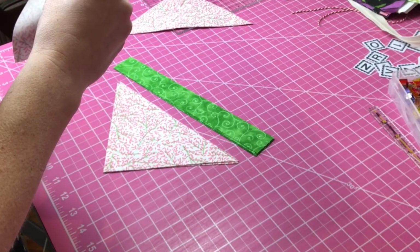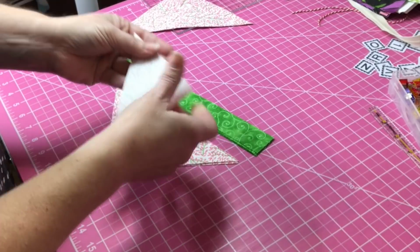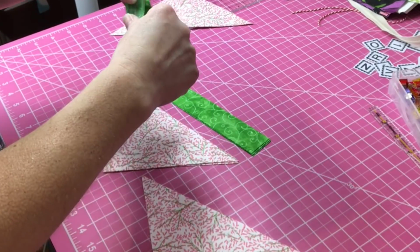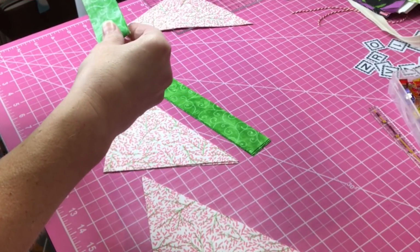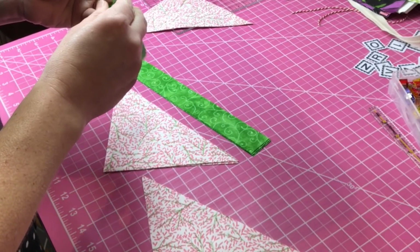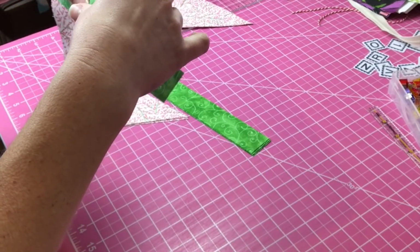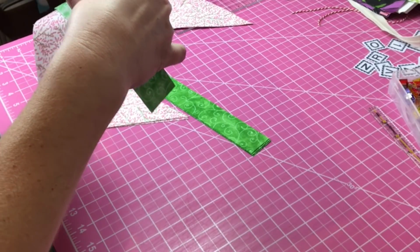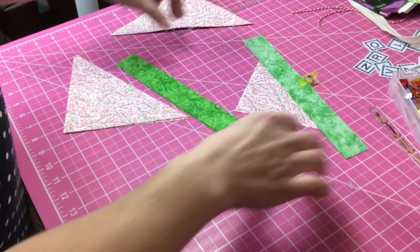we are going to lightly finger press them just so that we know where the center is. And we'll do one of the stems as well. Same thing, right sides together, and fold it in half. And then we're going to take it, we're going to put these right sides together, and we want to just match it up right where the fold was. And I am just going to, right in the middle there, put a little wonder